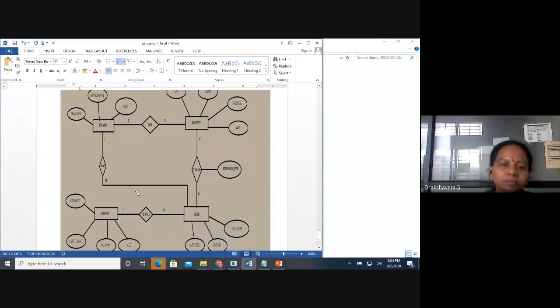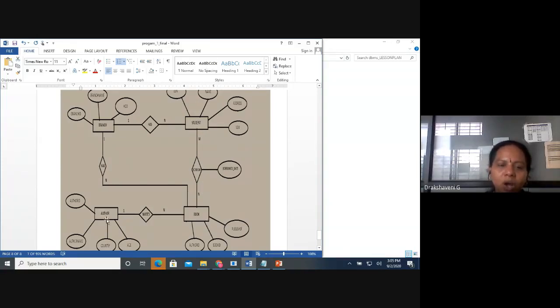In the same way, student borrows book. From where are you borrowing? From the library. We don't want to show that, we just say borrow. In borrow, is it only 1 student? No. 53 students want the Navathe book, because everyone wants to do the DBMS lab. So 53 students of 3rd sem MCA want the Navathe textbook to do their lab. That's M to N, many to many. This is what is called a relationship.